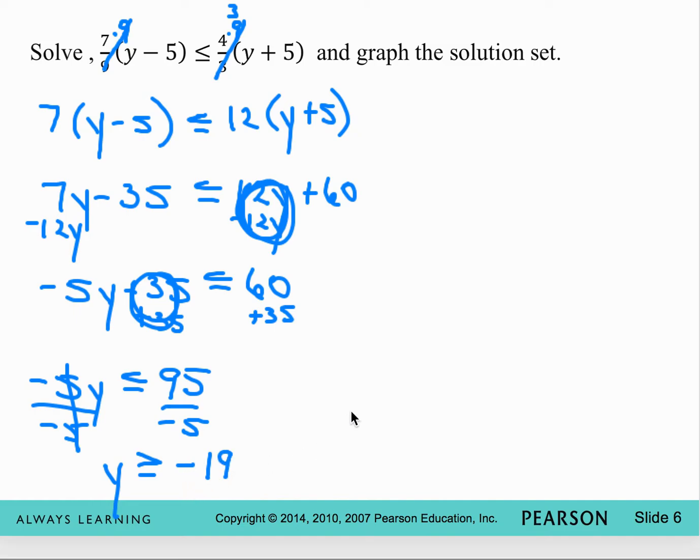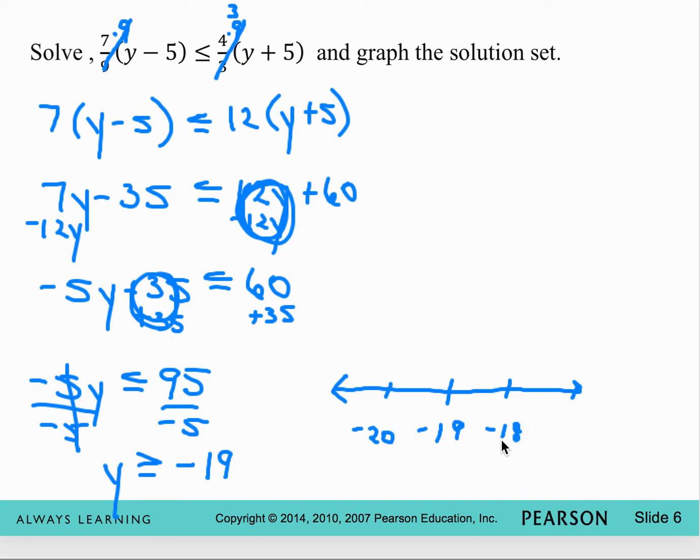Okay, now, this time will be kind of like on the test. If you have to draw your own number line, put the number you're interested in, and at least one number on either side. You don't have to draw a number line that has a 0 all the way down to negative 19, right? Or if your answer is a fraction, just put the fraction on there and then one number on either side of it. That'll be sufficient. So to the left of negative 19 is negative 20, and to the right is negative 18,